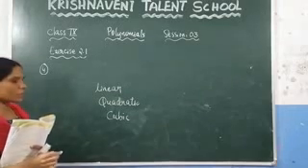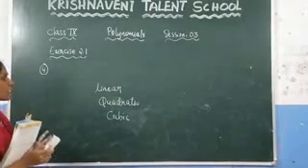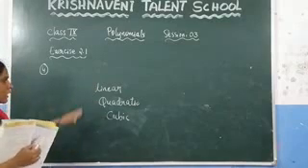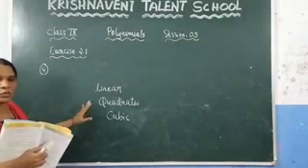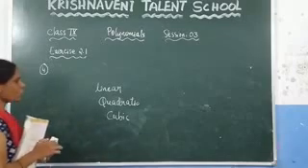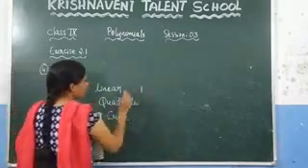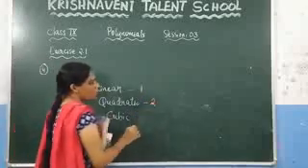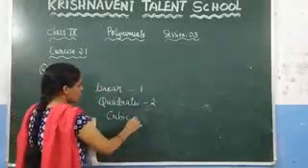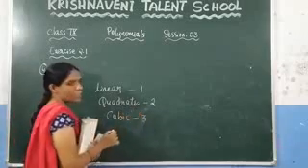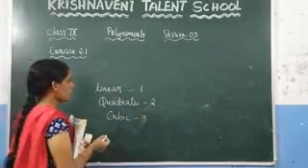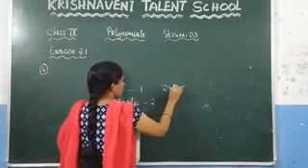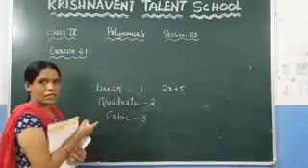So what is meant by the linear polynomial? While discussing the introduction of the polynomials, we discussed all these things. These are nothing but the types of polynomials according to the degree. If the degree of the polynomial is 1, we call it a linear polynomial. If the degree is 2, we call it a quadratic polynomial. And if the degree is 3, we call it a cubic polynomial. For example, write 2x plus 5. Since the degree is 1, this is a linear polynomial.